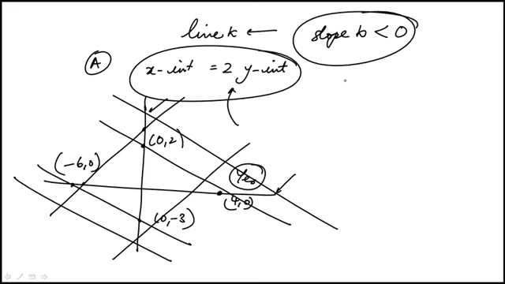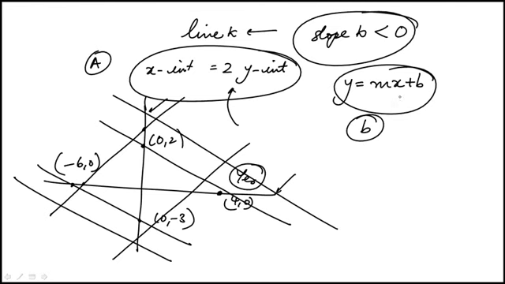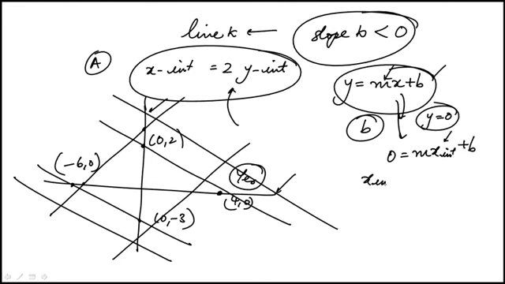The other one is to use the general form of the equation of a line. b is the y-intercept, and the x-intercept is the condition when we set y to be 0. So if I had to express the x-intercept in terms of the slope, which is m, and the y-intercept, I would compute the value of x, and I'm going to use a subscript to indicate that this is the value of the x-intercept. So the x-intercept would be minus b over m, and the condition we're given is that the x-intercept is